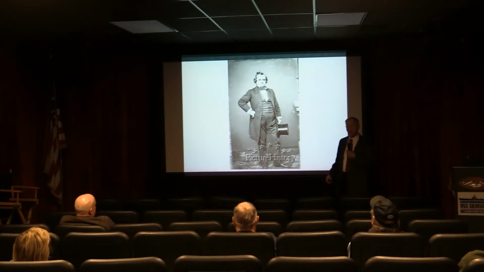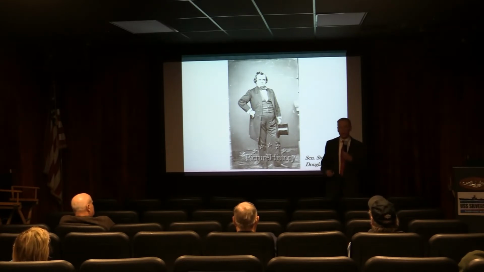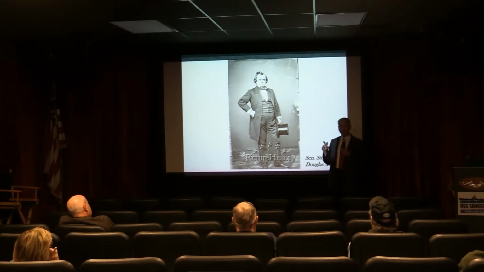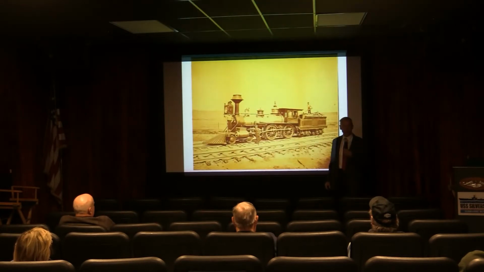This is Stephen Douglas of Illinois. He probably stood about 5'4", 5'5", a relatively small man, but a giant in Congress. In fact, he was known as the Little Giant. He was incredibly powerful in maneuvering through the halls of Congress and marshaling the forces of the Democratic Party to whatever he wanted. He was indeed a little giant. And in 1854, Stephen Douglas wanted something. He wanted this. Not just a train, not just any train, an entire railroad.